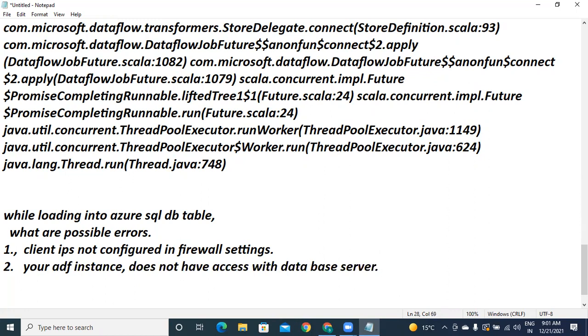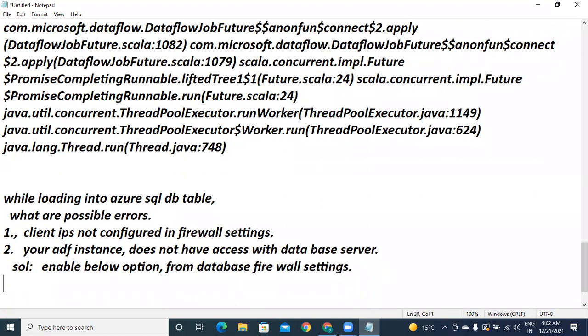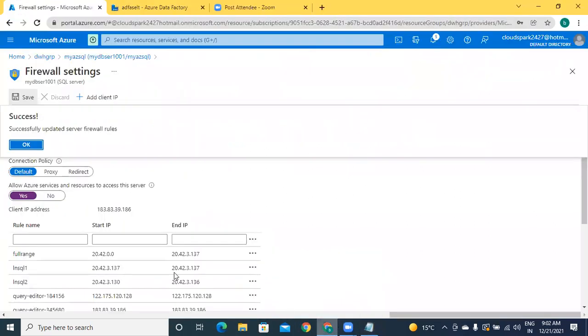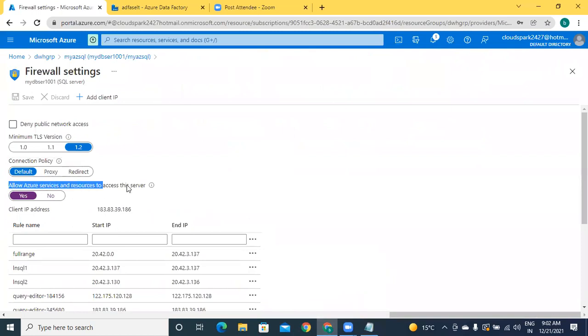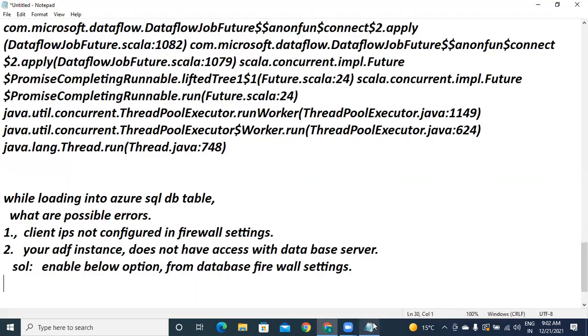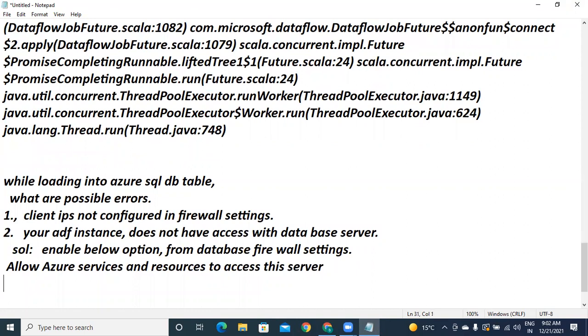So the solution is to enable that feature, which we saw previously. In the database firewall settings, this option you need to enable.